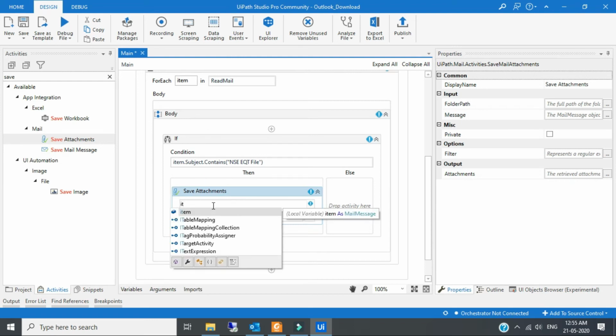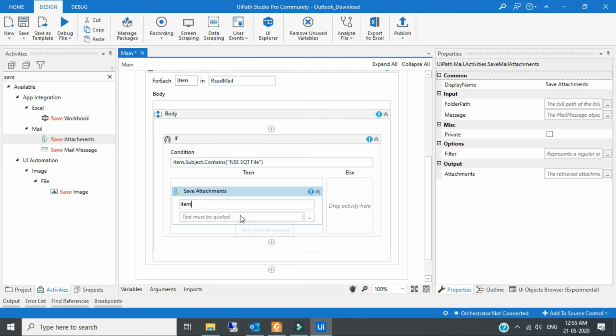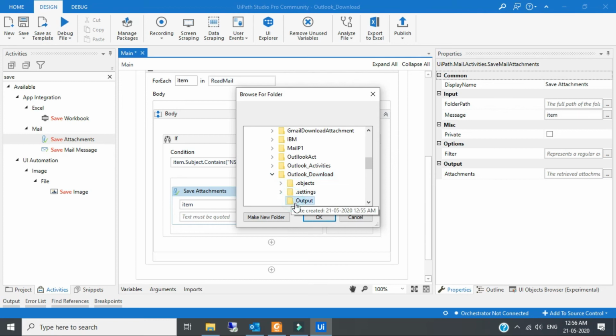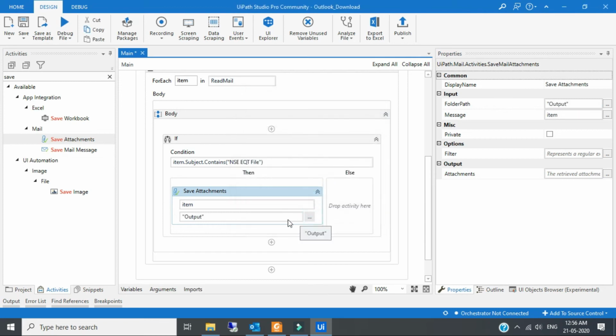So I will pass here item. Here we have to give the path where we want to save the attachment. So let me give a path, Outlook download, our process and output. So the file will download in my Outlook folder.